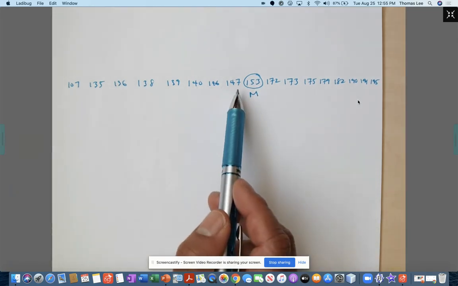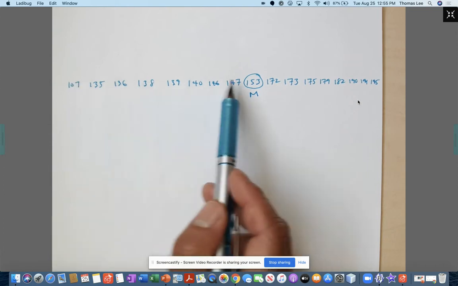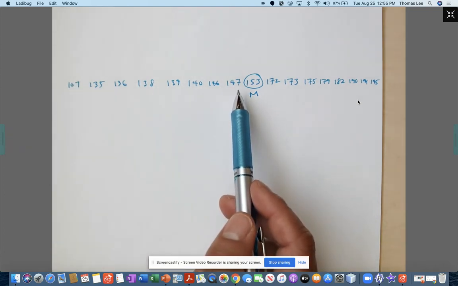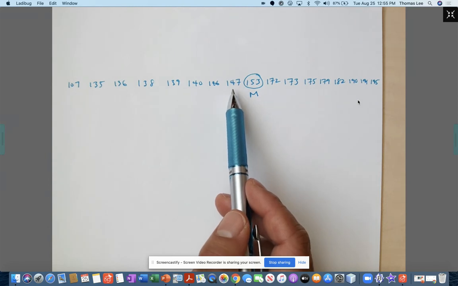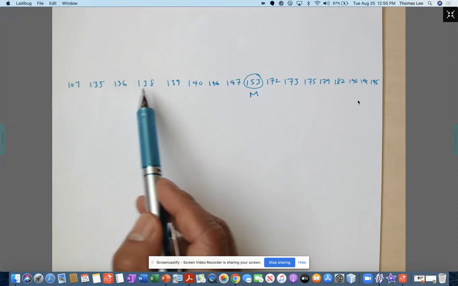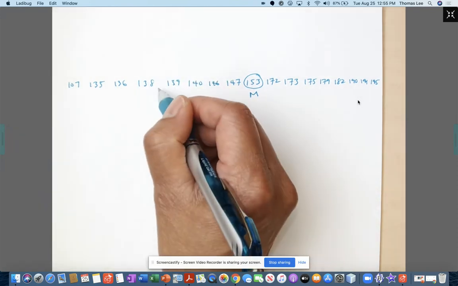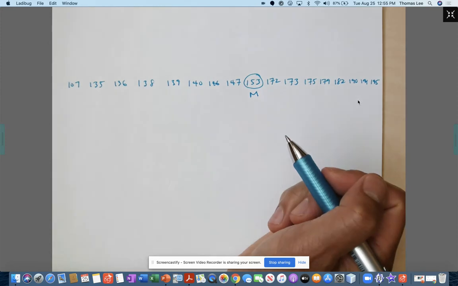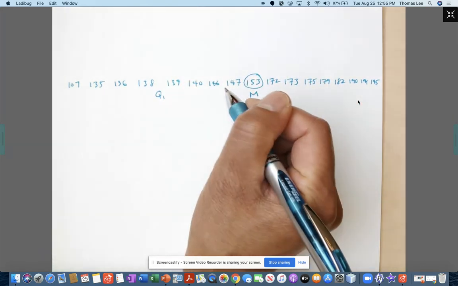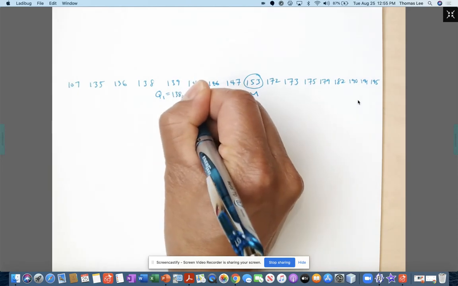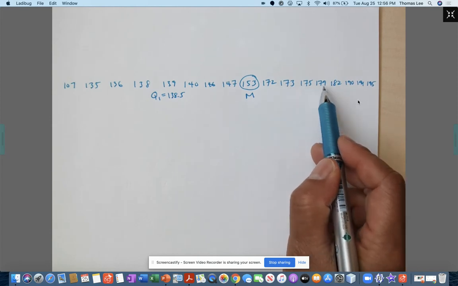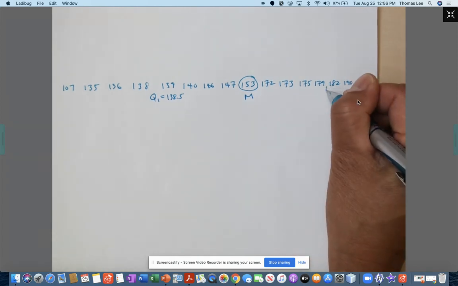Okay. So now here in my lower half of my data, I have 8 observations. So I'm going to go ahead and find the median of these 8 observations. So I'm just going to go 1, 2, 3, 4, 1, 2, 3, 4. So it's between 138 and 139. Okay, so my Q1 is equal to 138.5. Same thing here, 1, 2, 3, 4. Okay, my Q3